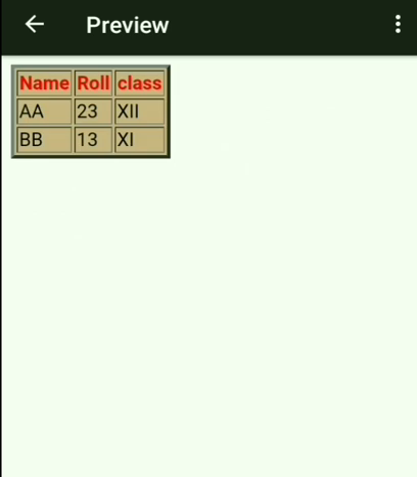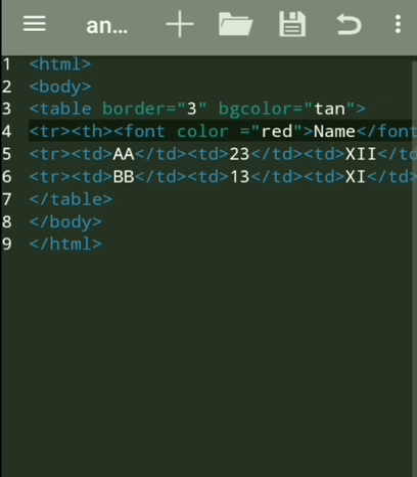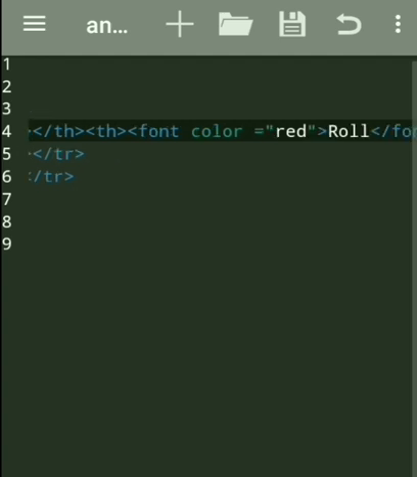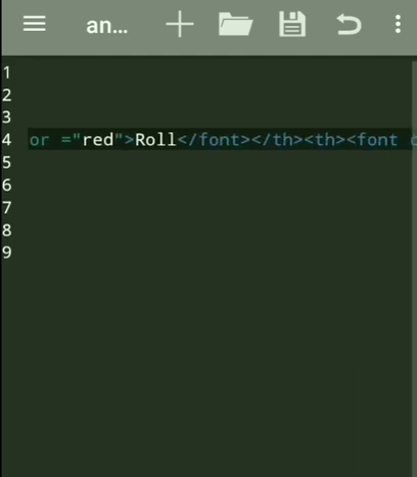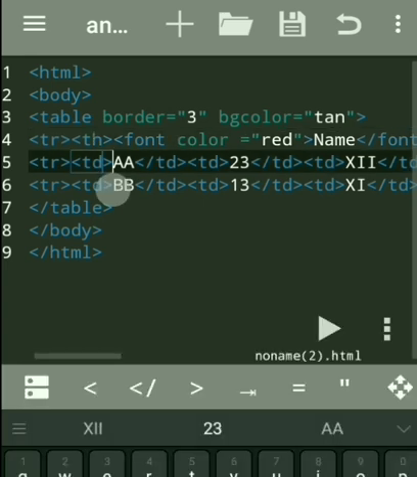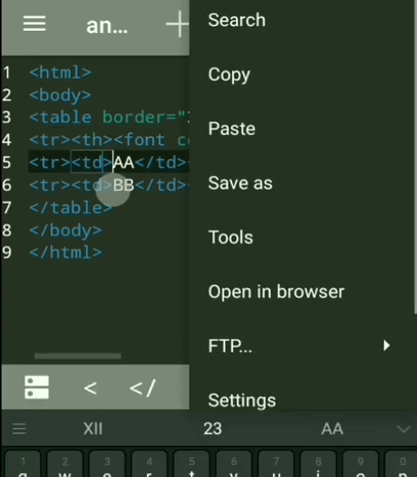Here you see the preview. All the headings are changed into red color, as I give the font color at the beginning and ending of every heading element. You see here, for every heading element I give font color red this way, and only then the font effect will be applied. So for TD values again we have to use it like this.